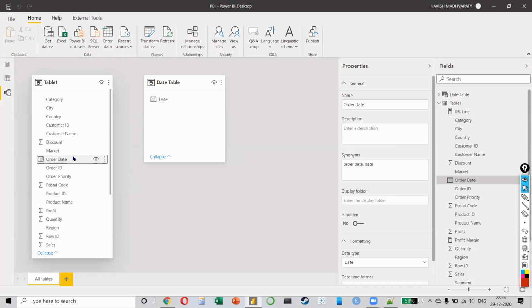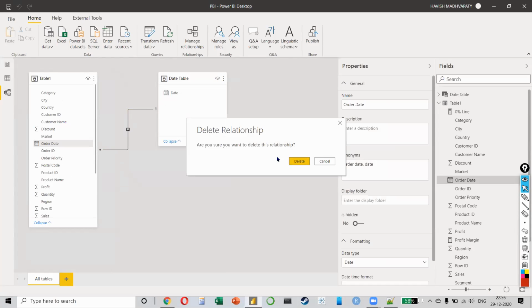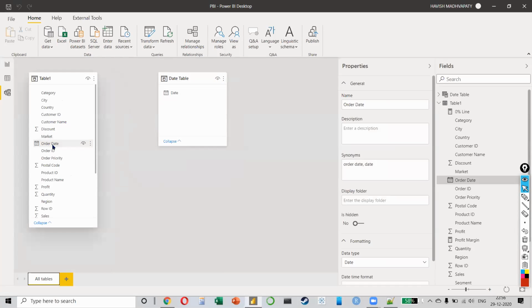Select the order date, drag it and put it on top of date like this. That's it. And this is how, everyone, you create a relationship between two tables. Once again, I select my order date, click on it, drag it and put it on top of date like this.